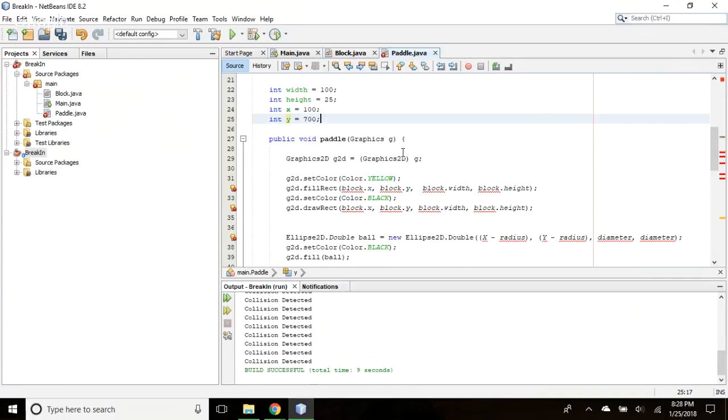Now, if you think about it, our y is always going to be the same, but our x is going to be variable. This is just the initial start of this thing. So go to line 32 where it has block.x. This is going to be the x and y position. So literally just x and y in there.